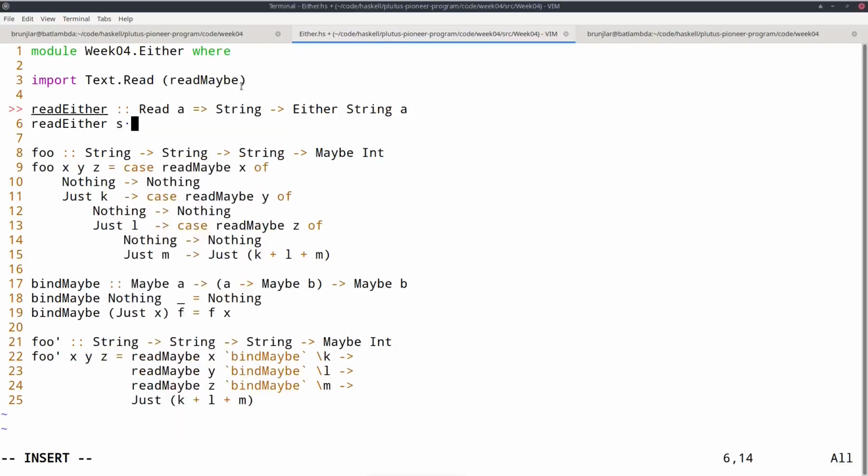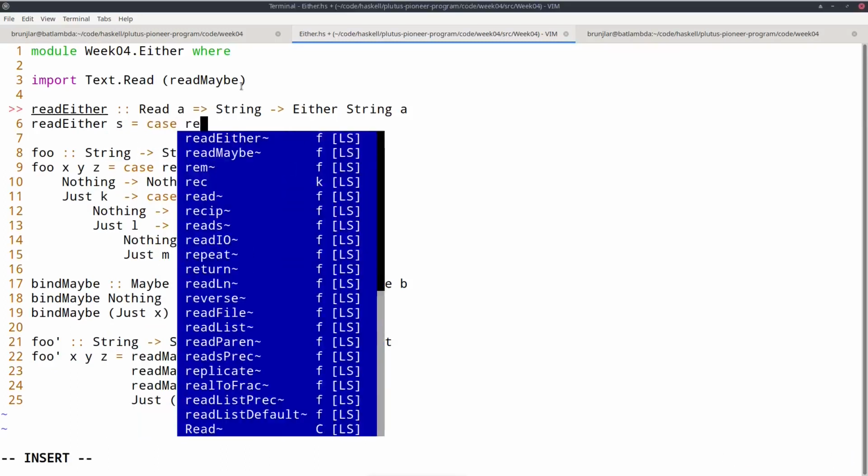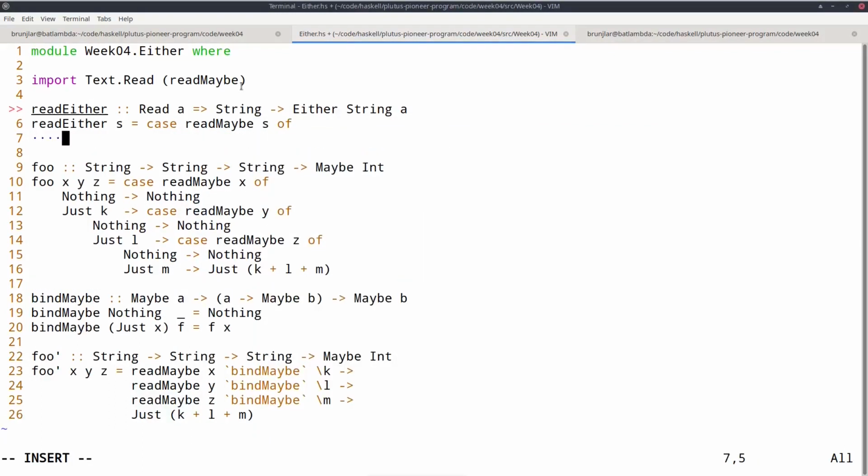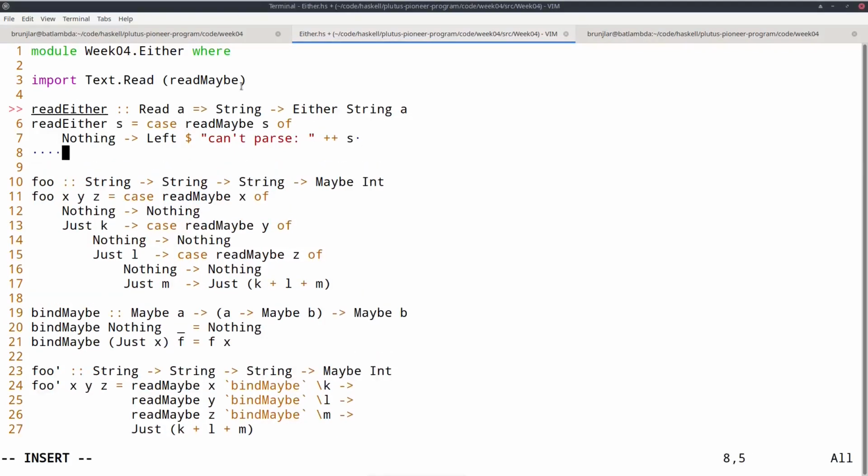So given a string, we just check what read maybe tells us about this string. So if parsing is not possible and we get a nothing, we can now return a left and pick some error message. It doesn't matter what we say, but I can say something like can't parse and just append the given string. And if we can successfully parse to an a, then we return a right a.